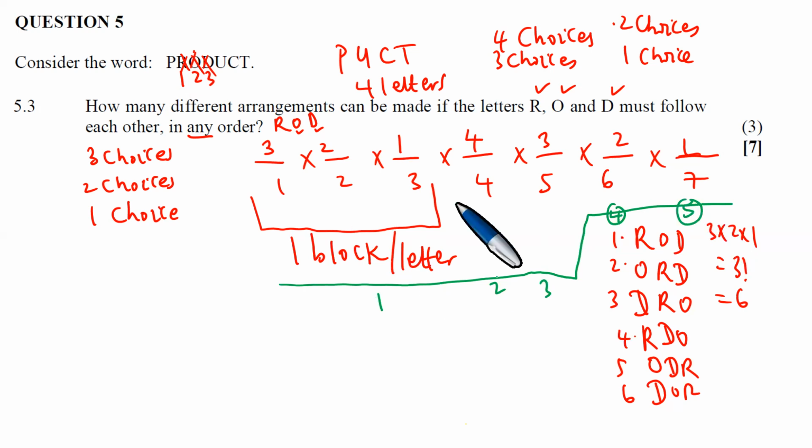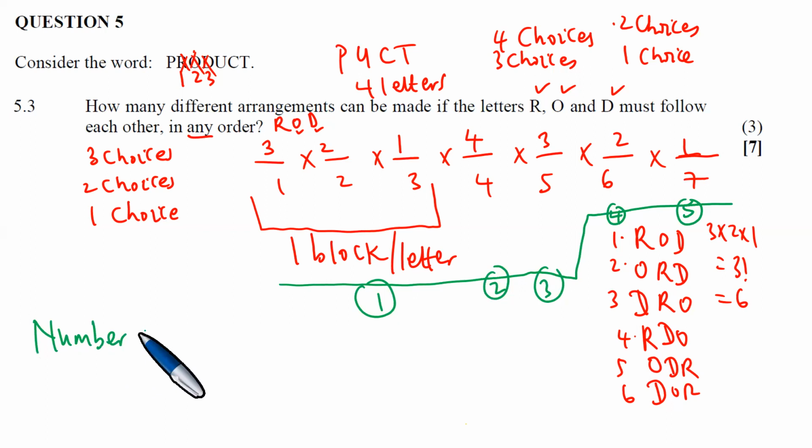One, two, three, four, five. Because these are like one thing, they must follow each other. So you can't mix them with the others first. But if they follow each other, they are like one letter. So which means that the number of the arrangements,